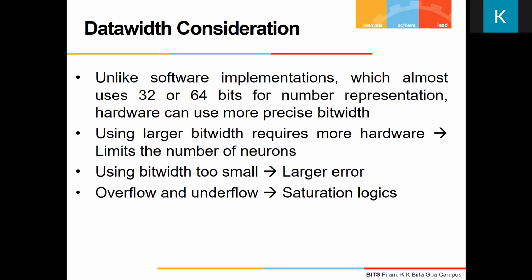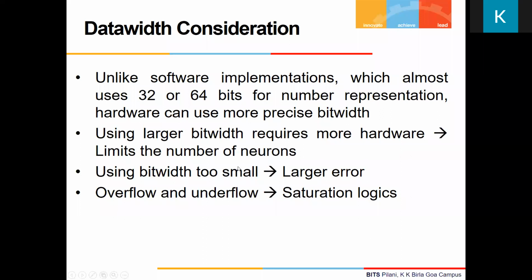Now, if I use larger bit width, the advantage is the precision might be higher in my hardware implementation, but the price I am paying is again more resources. The impact is that the number of neurons that I can implement inside an FPGA or ASIC is reduced, because the number of resources that I have, or the maximum chip size that I can have, is limited. So somehow we need to find out what is the best bit width for representing my number.